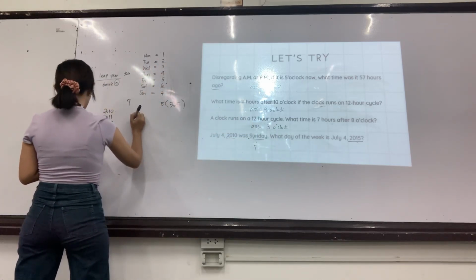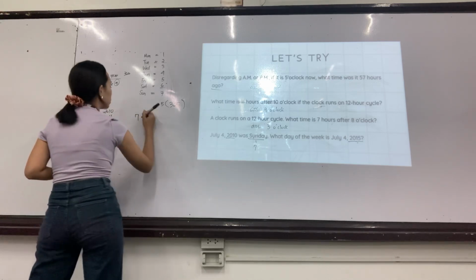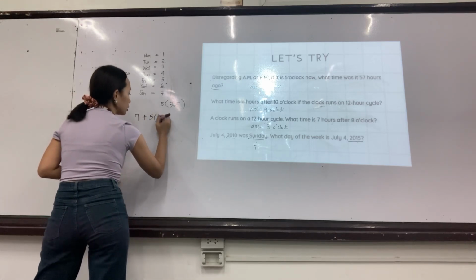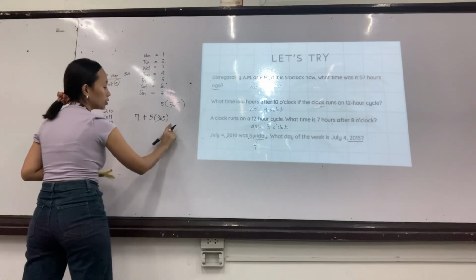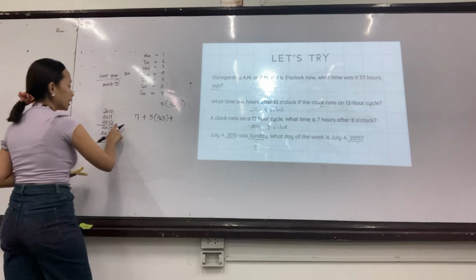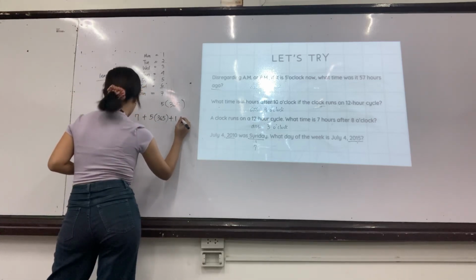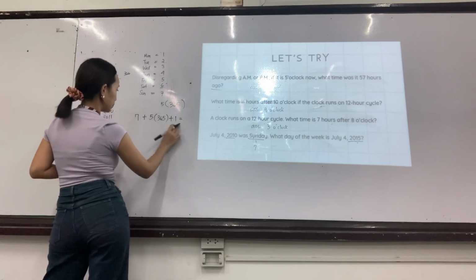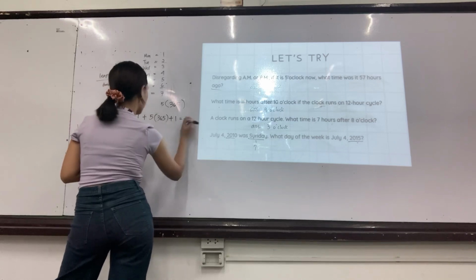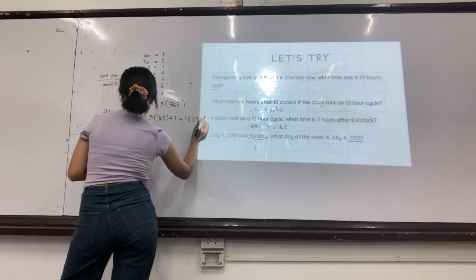So what we're going to do is write 7 because this is equivalent to the Sunday, and then we write 5 times 365 because we are talking about the 5-year duration. But since we have one leap year, we are going to add 1, just 1, okay? So the answer is 7 plus that, which is 1,833.